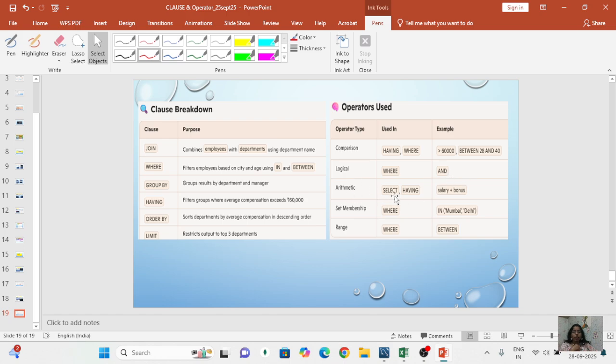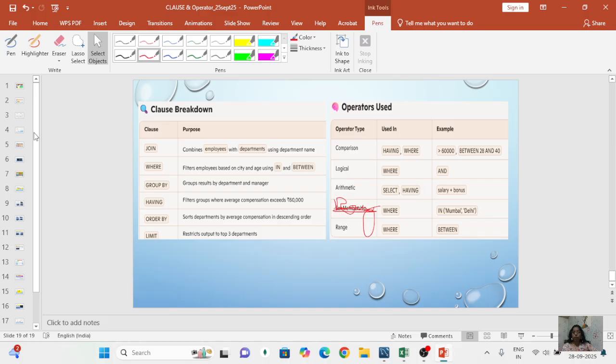Then arithmetic, as you see salary plus bonus, addition. Then range operators. If you see the range, it has used IN and also BETWEEN as range operators. So it will execute one by one